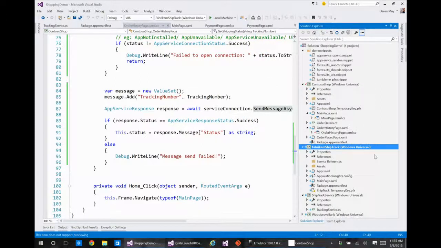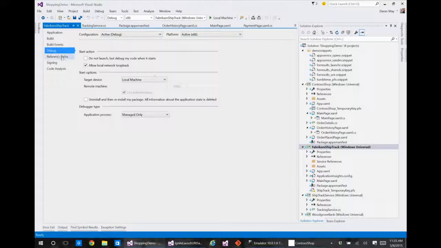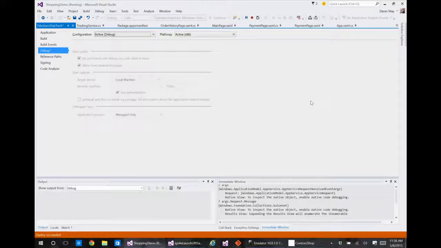Note it's the host project, not the component, because you can't just run the component. Then I'm going to come into Properties, go to Debug, and then I have this property: Do not launch, but debug my code when it starts. Okay, it's a bit of a mouthful. But it kind of says what it does. So if I hit F5 now, it's now building and deploying TrackShip.